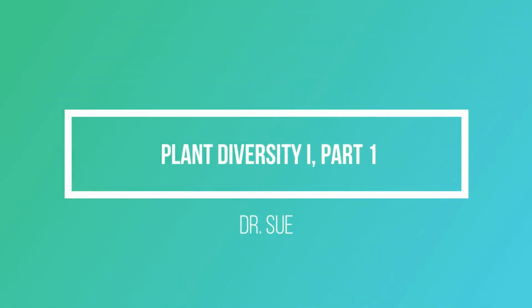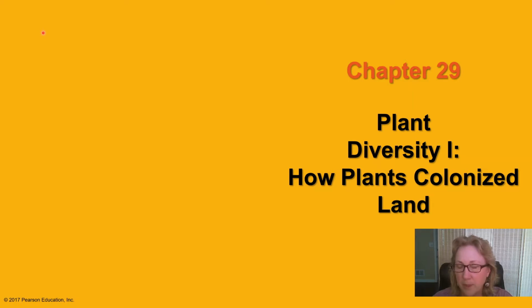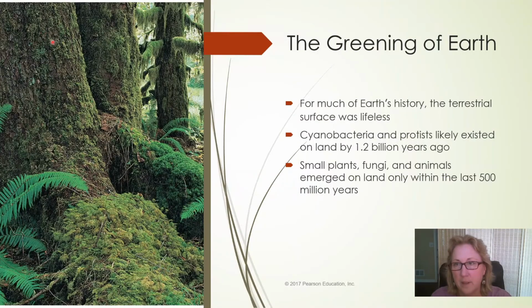Today we're going to talk about early plant diversification, some of the more primitive groups of plants, the non-vascular plants, and the vascular plants that are seedless. So early in the history of life on Earth, there were no plants on the land. There was nothing that lived on the land. All life was in the sea for about the first 2 billion years of life on Earth. And what land there was just lifeless rock.